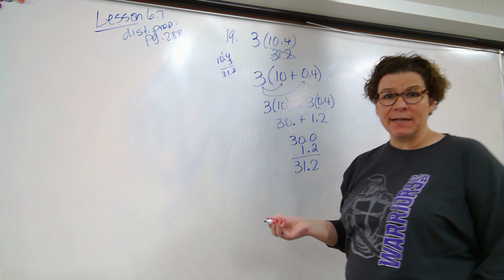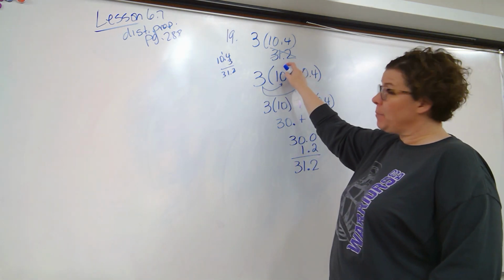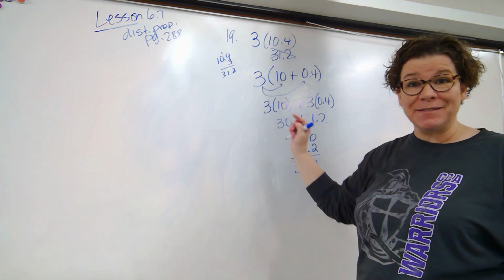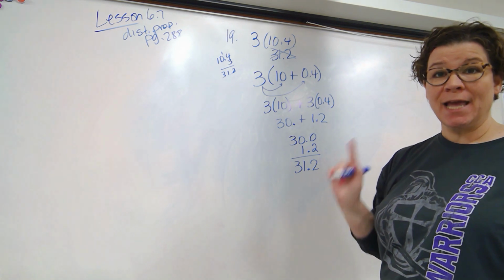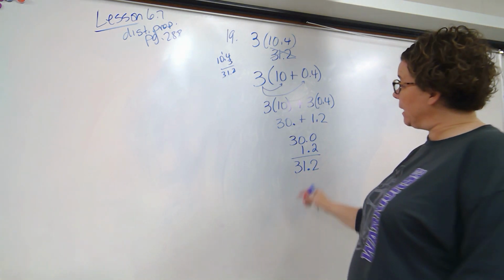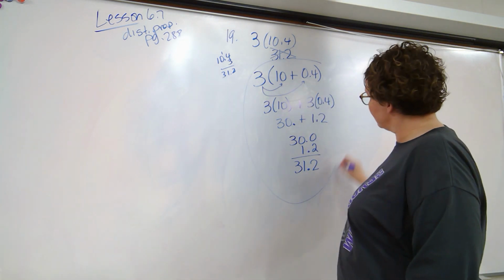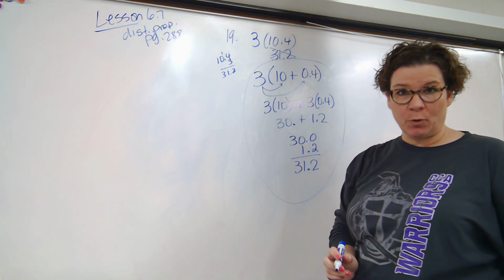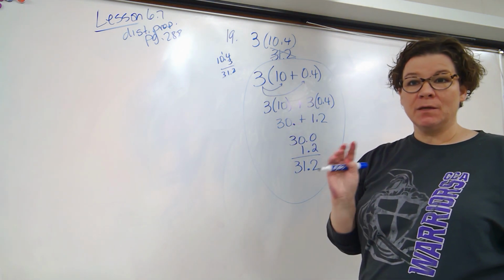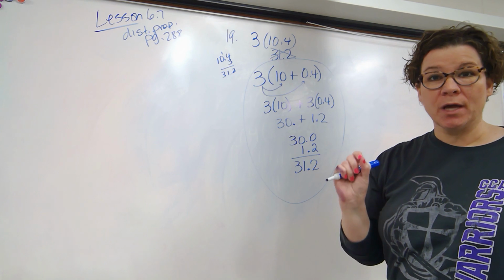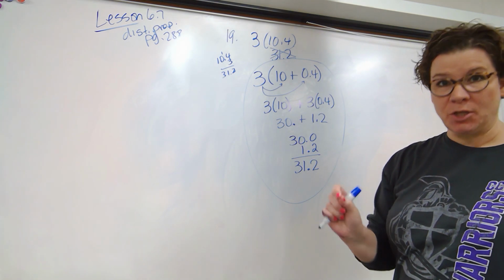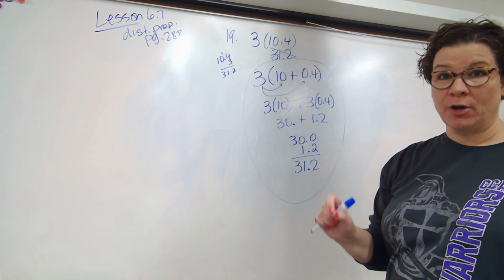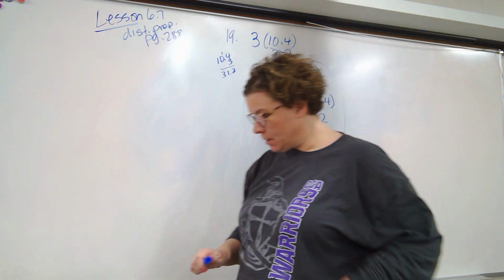But Miss Miller, I got the same answer as you got up here. That's right, and you can check your work that way. However, you could not submit it to me without doing this and expect to get full credit for it, okay? You've got to do all of the steps using the distributive property or you're not going to get full credit,